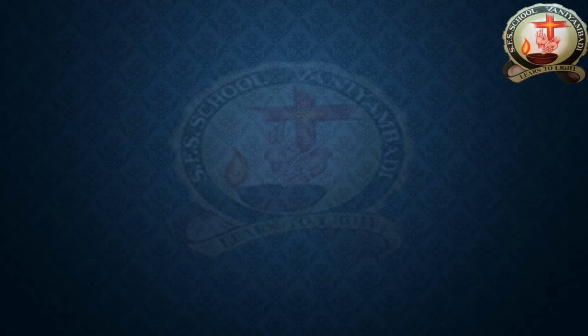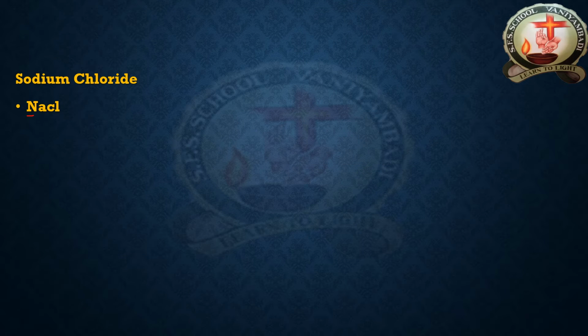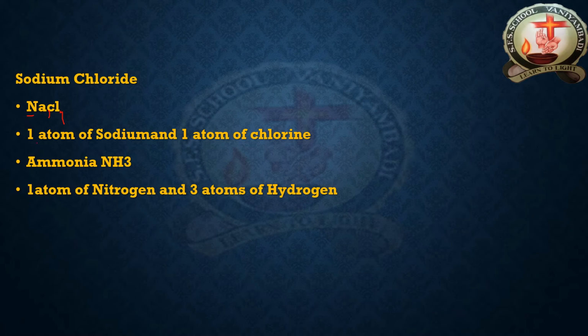Now we are going to see some examples, representing molecules by name. I take a very common example, sodium chloride. You know the table salt name is sodium chloride. How are we going to write sodium chloride? How many atoms are present in sodium? No subscripts are present here, and no subscripts are present nearby the chlorine. So only one sodium, only one chlorine. One atom of sodium, one atom of chlorine. So finally the name is sodium chloride.